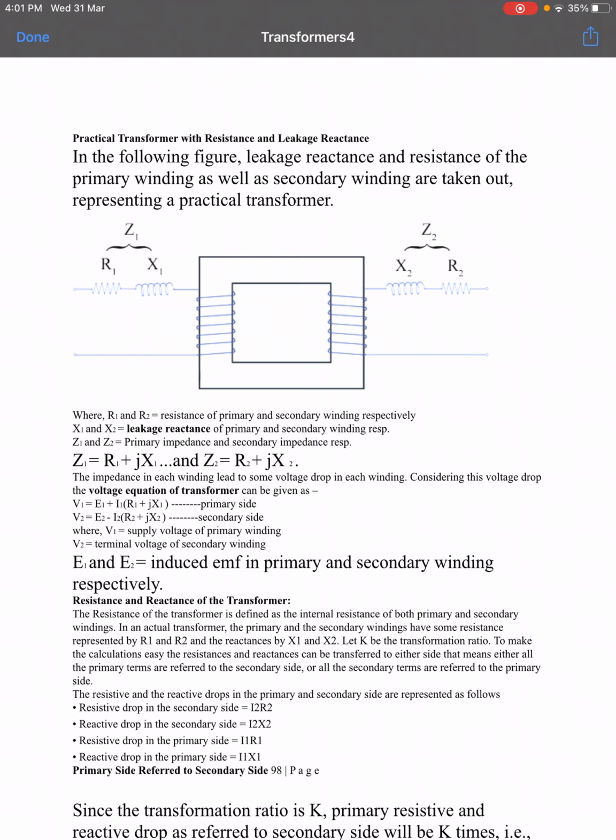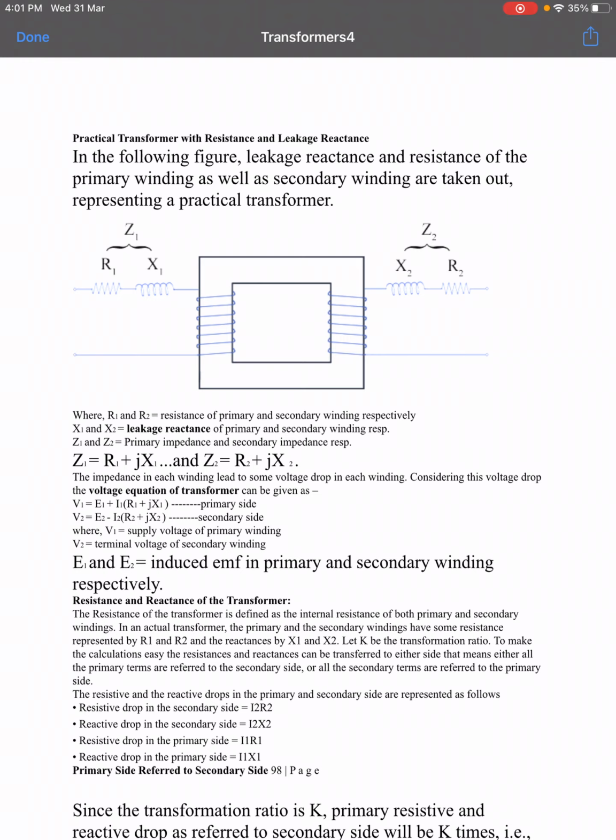When we apply AC supply to the primary winding of the transformer, current flows through the primary winding, and flux is produced in the transformer. That flux is an alternating flux. We call it the self flux on the primary side. The same flux appears on the secondary side of the transformer also, and we call that the mutual flux.